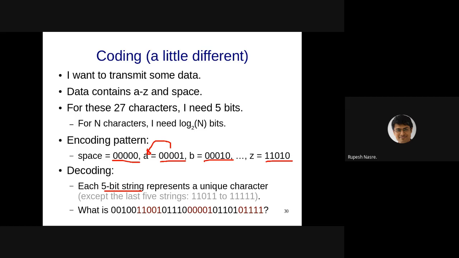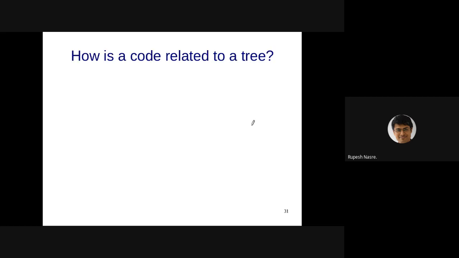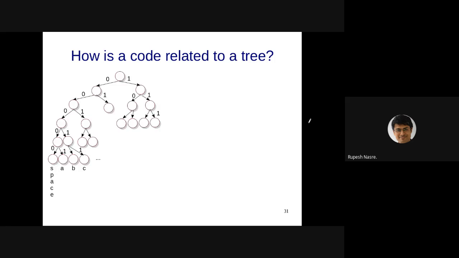All right. So the question here is, how is this code related to a tree? And that is what Vikash was suggesting, that Huffman coding is something which will probably require a tree. So let's understand that. One way of representing this code in a tree-like format is that I start from the root and the path is denoted by a weighted directed sequence of edges.